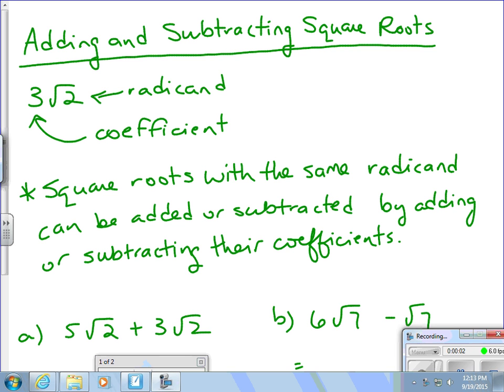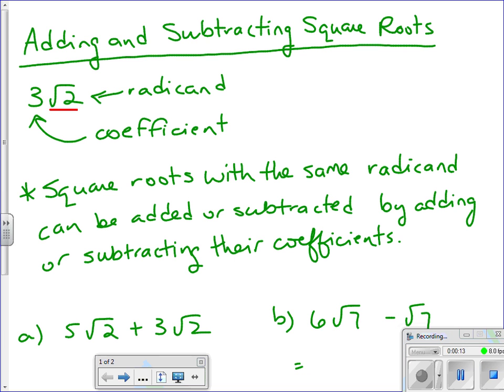In this short lesson, we're going to look at adding and subtracting square roots. And to do that, let's look at a couple of definitions. In my example here, I have 3 root 2. The number that we have under the radical sign is called the radicand, and the number that's multiplied out front